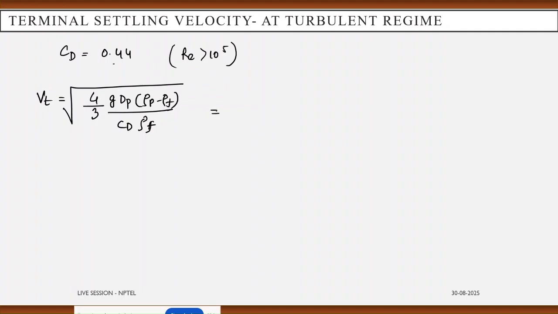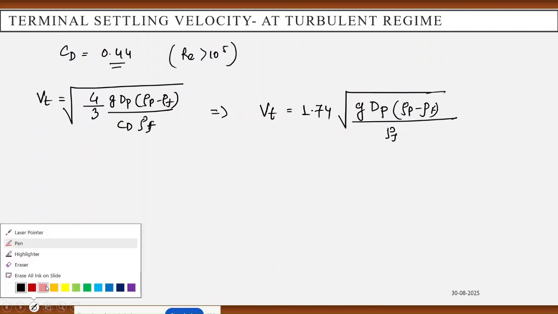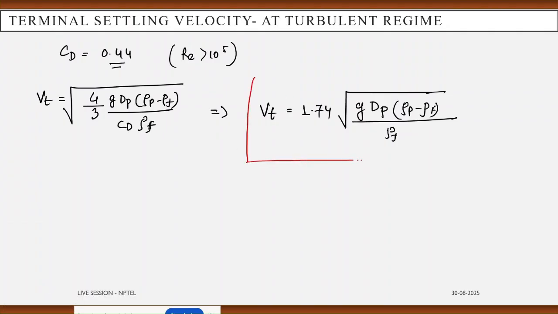If we put the value of 0.44, you will ultimately get Vt equals 1.74 root of g dp, rho p minus rho f, divided by rho f. Similarly here, the drag force will be